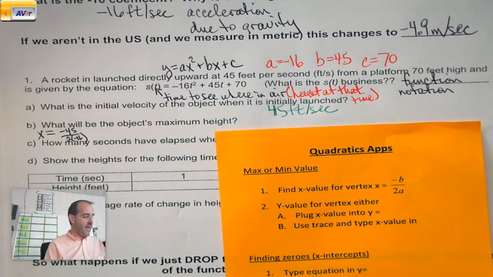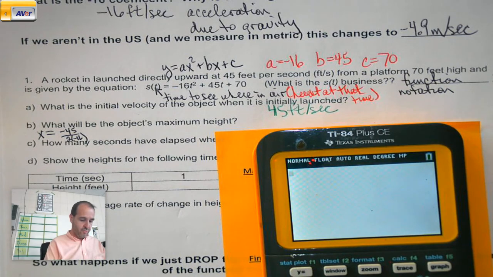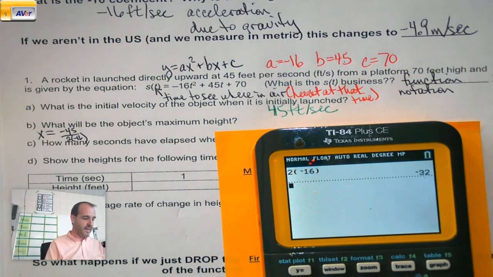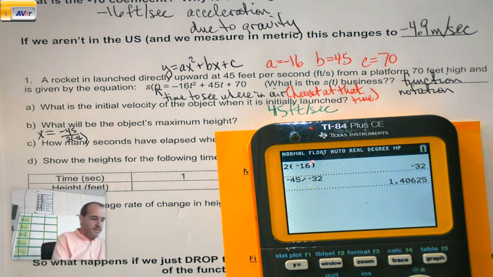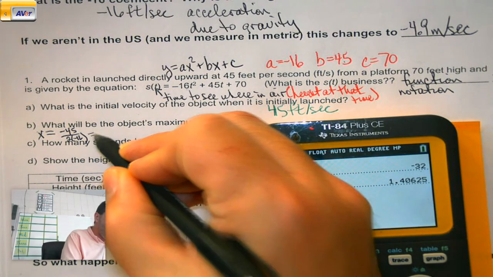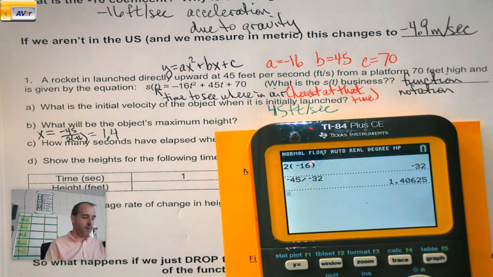Now, I'm going to actually get out of my graph here for a second. So 2 times negative 16 is negative 32. So negative 45 divided by negative 32. Ugh. Yuck. 1 point, we'll call it 1.4. Okay? Now,